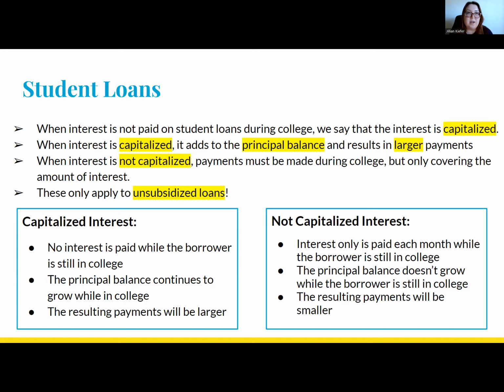So by the time you graduate, you're still only paying what you originally borrowed, but you made a lot of payments during school. And these only, once again, apply to unsubsidized loans. Only unsubsidized loans can have capitalized or not capitalized interest, because remember, subsidized student loans gain interest, but the government pays it off, so it doesn't have anything to do with you. For capitalized interest, we say no interest is paid while the borrower is still in college,